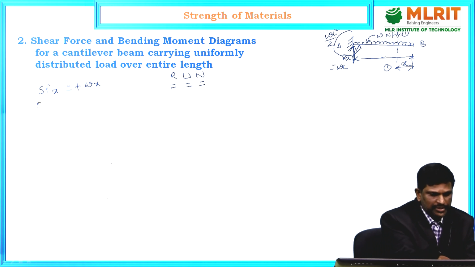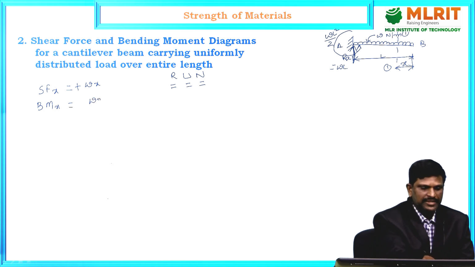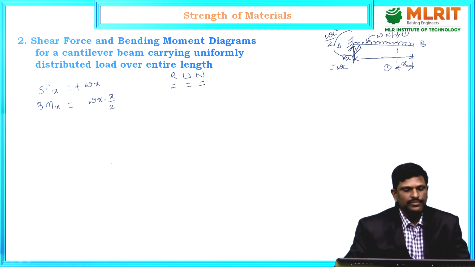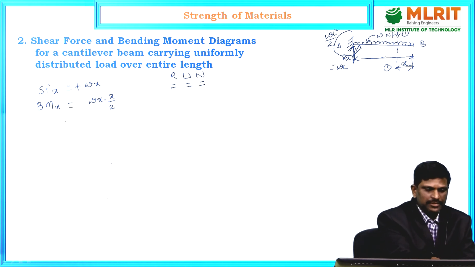And bending moment. Bending moment at the section considered is equal to Wx, the total load, which is the total intensity of the UDL. The total intensity is supposed to act at the center of the UDL. So the distance of the center of UDL from the section considered is x by 2. Therefore, the moment is